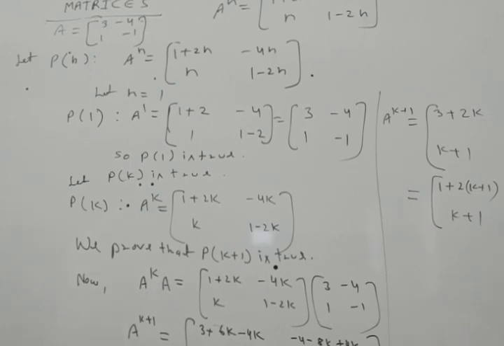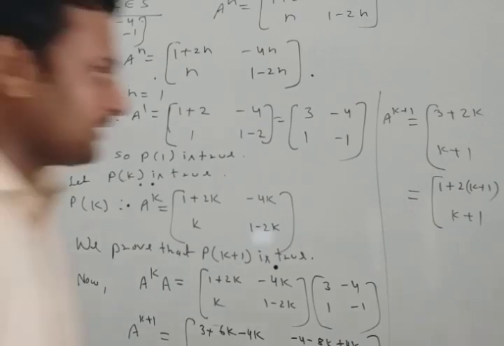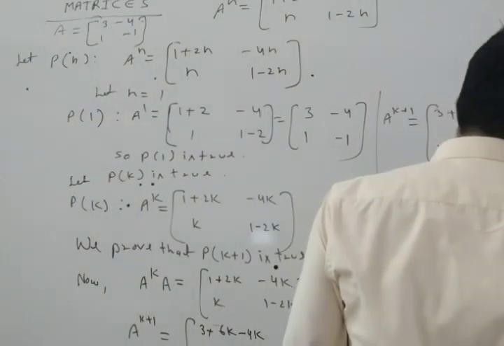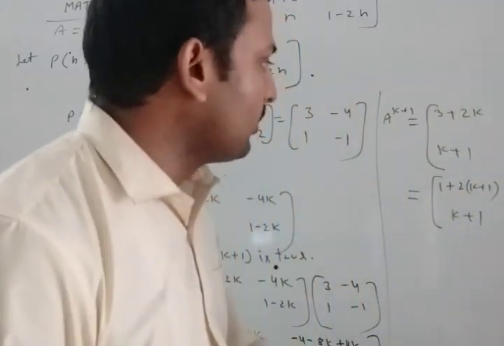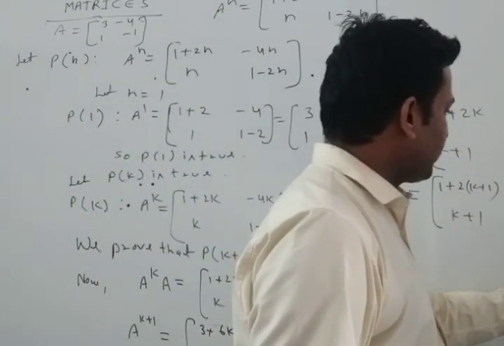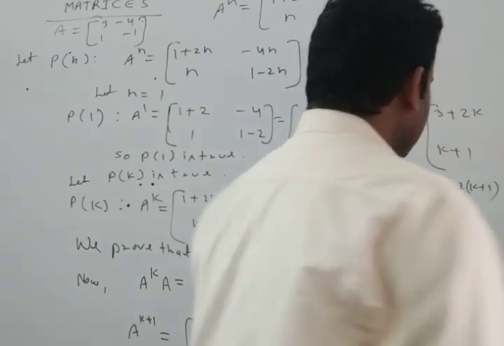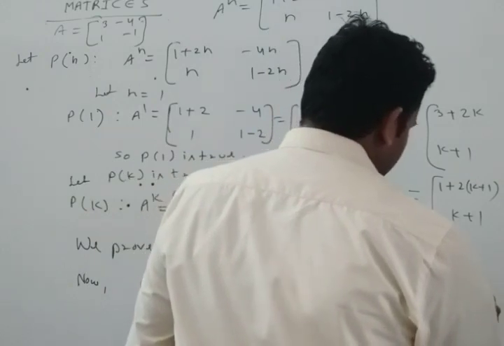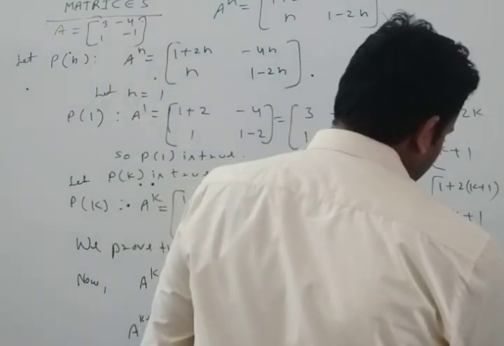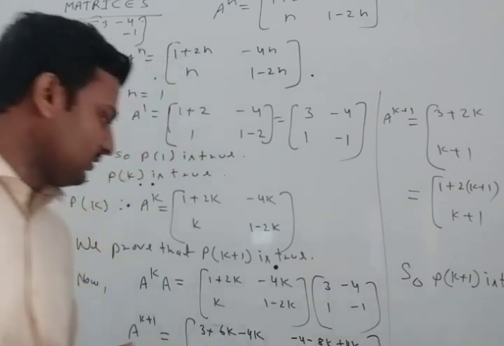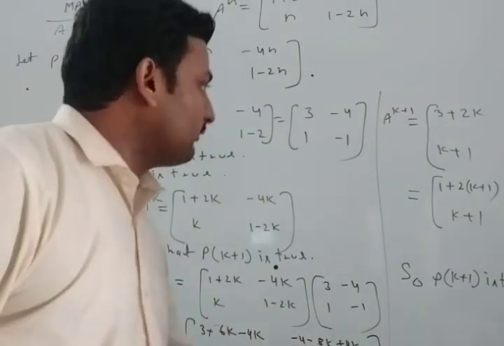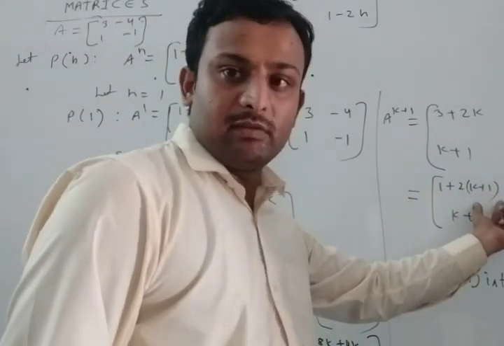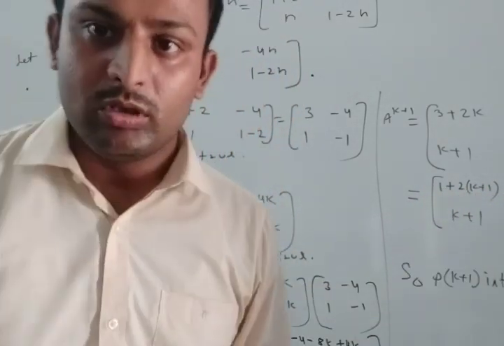So we can write minus 1 minus 2k plus 1. Okay. Now after multiplying, minus 2k minus 2 plus 1, we get this. So in this way we can say that P k plus 1 is true. Okay. After multiplication of this and this, we will arrange this in the form of k plus 1, so it will be proved. Okay. Thank you.